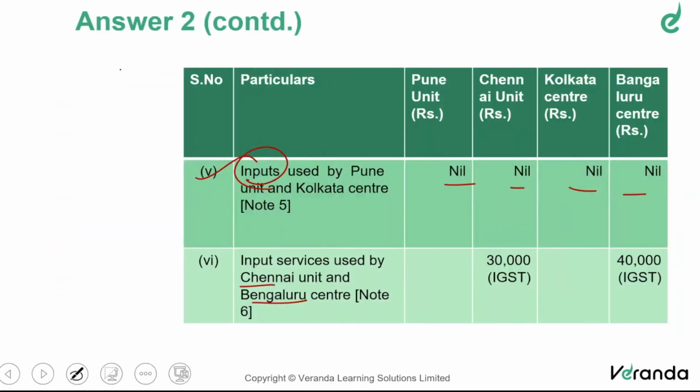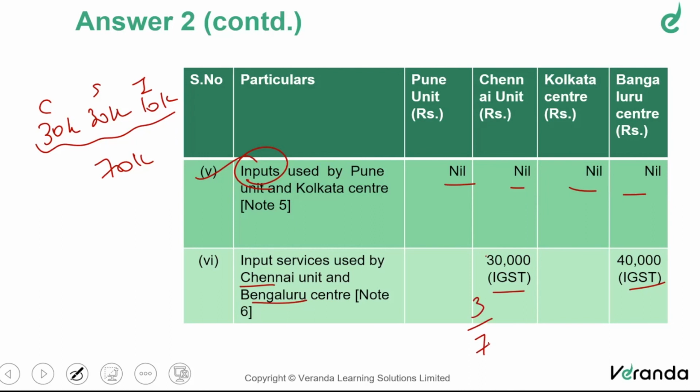Now, how much was the amount? I'll just write it here. It is CGST of, if I am right, 30K, SGST same, and IGST of 10K, which pertains to 2 units. Now, as far as these 2 units are concerned, we need not be worried at all because both of them are IGST only, different states. Therefore, we can just add up, 70K. So ratio of 3:4, correct? Yes. Therefore, 3/7 multiplied by 70 and 4/7 multiplied by 70. That's it.